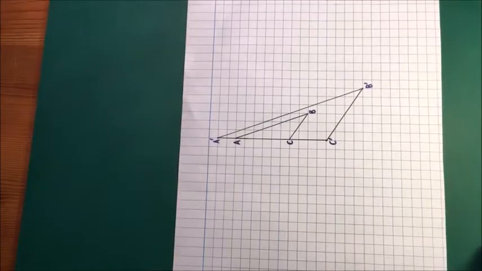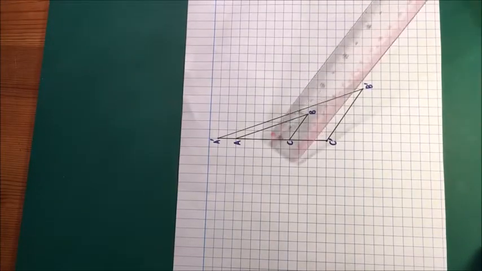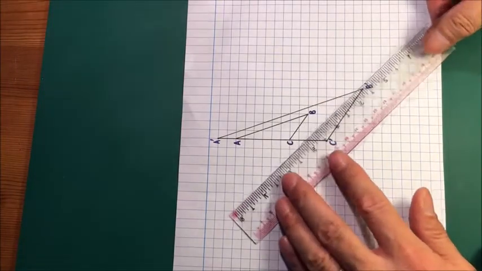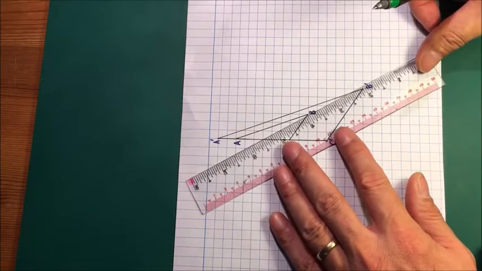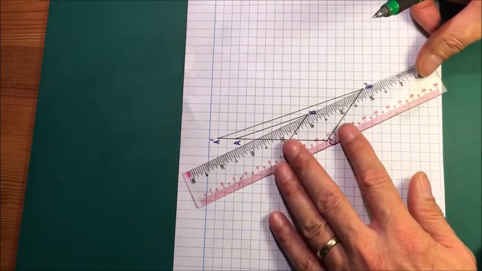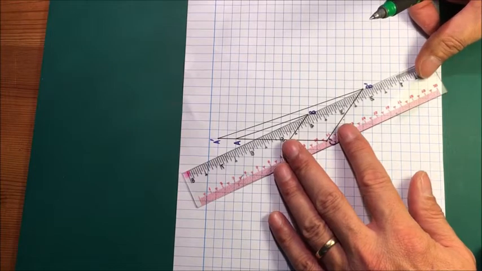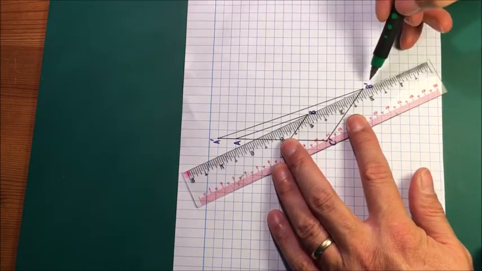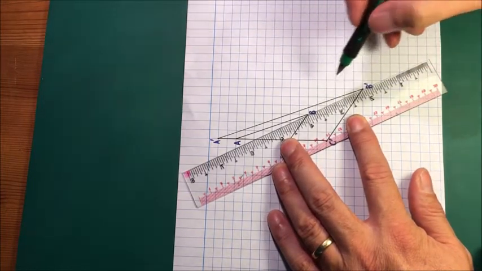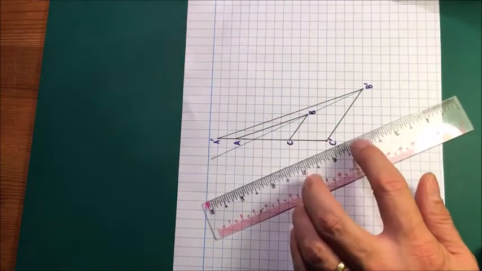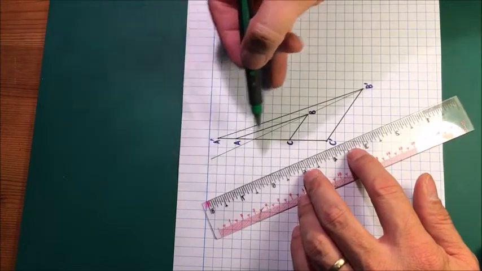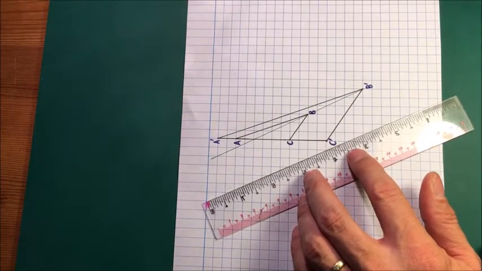And we solve this by just joining the original point and its image and continuing past a little bit. So something like this. Okay, so I join the B' and its original, so I join those two and just keep going a little bit. Somewhere along that line that I've just drawn will be the center of enlargement,